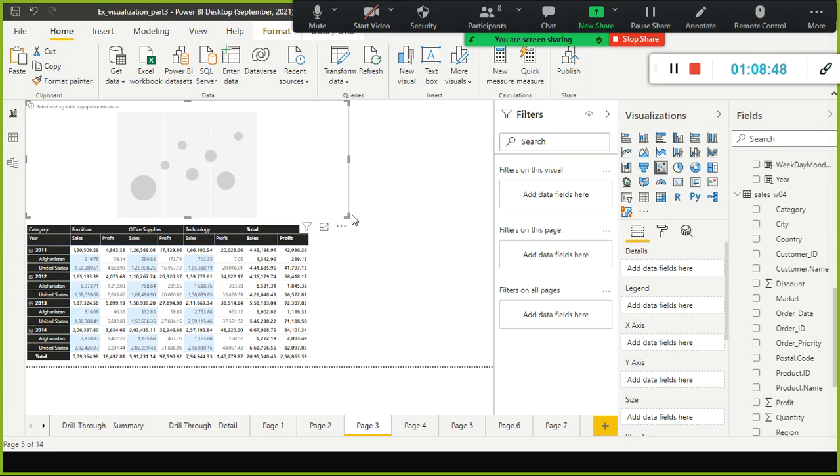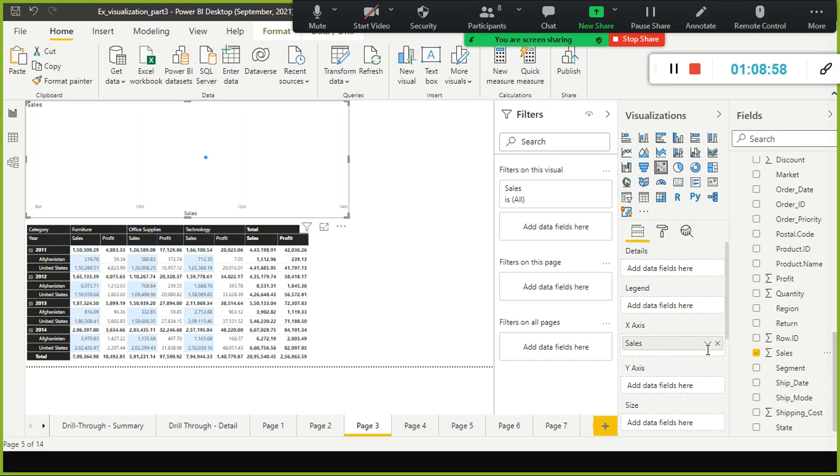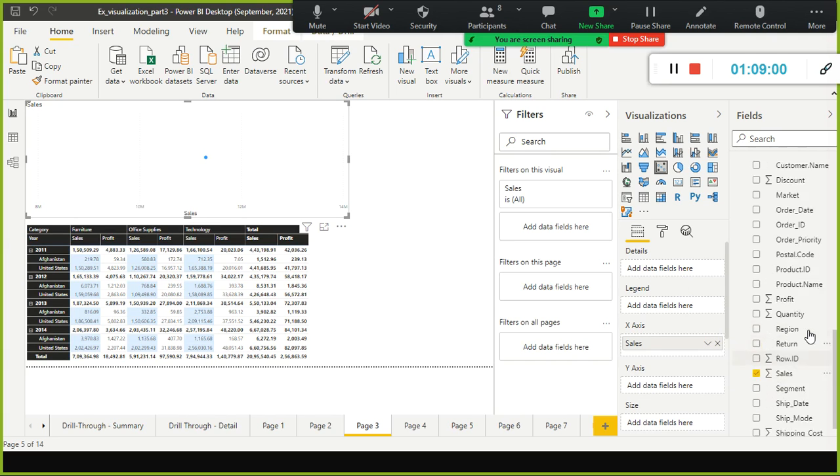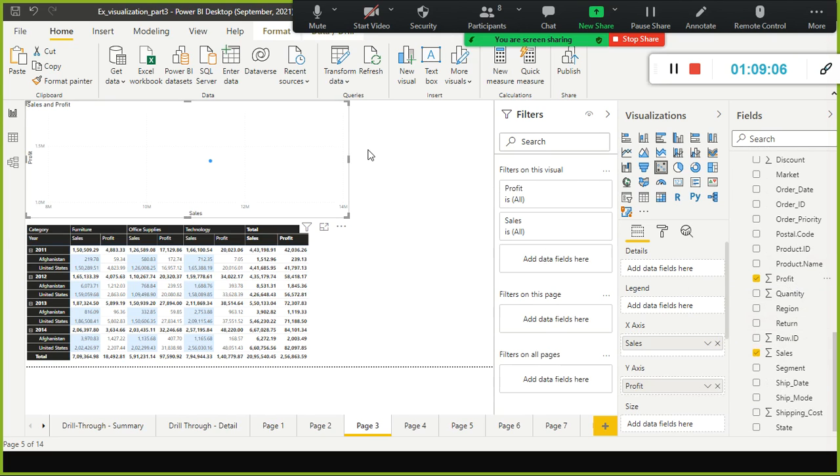The X-axis, the first one, whatever you drag and drop there, that one will be considered as the x-axis, and the next one, the subsequent one, will be your y-axis.